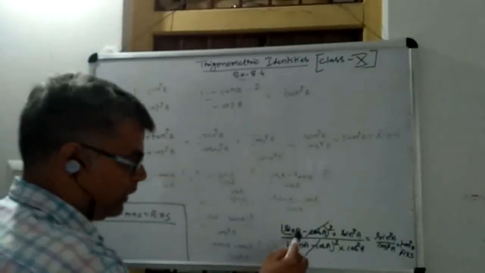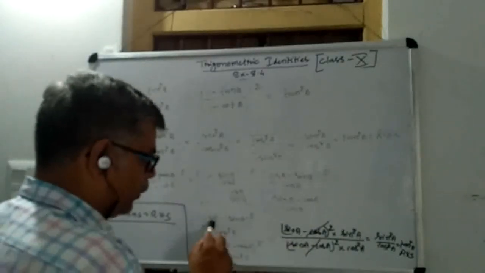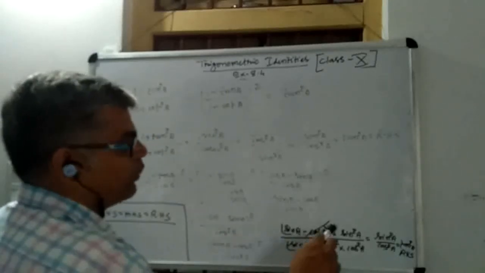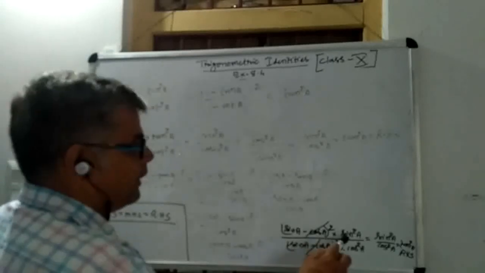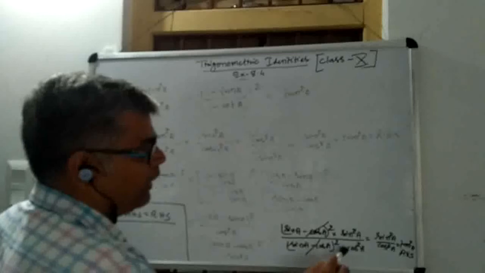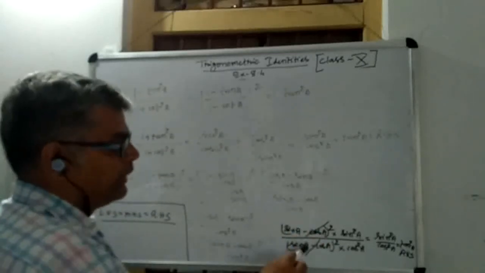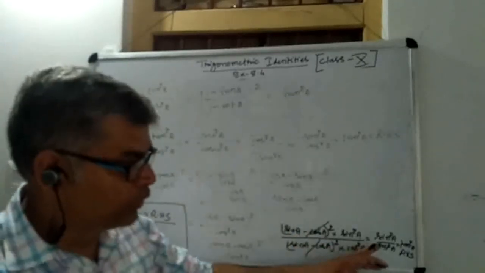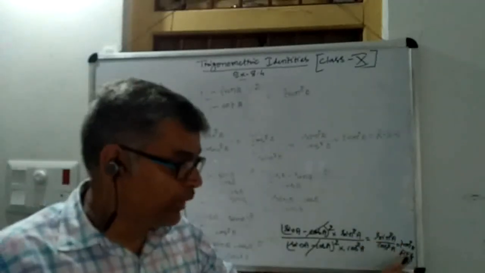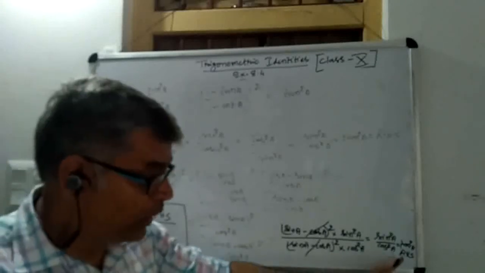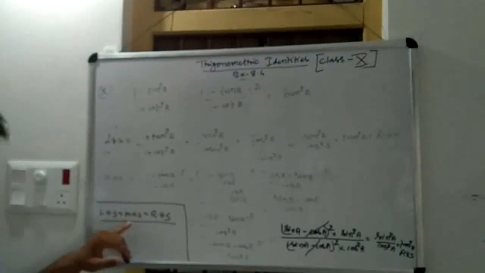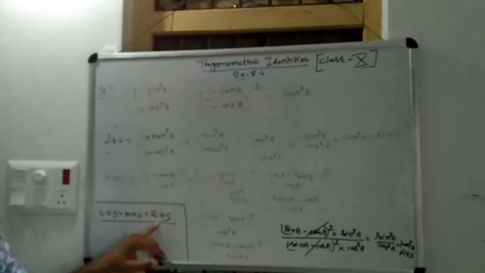When you take the whole square, the value of cos A minus sin A whole square is equal to sin A minus cos A whole square. Both will be the same. So we have written here cos A minus sin A whole square is also equal to sin A minus cos A whole square, into sin square A by sin A minus cos A whole square into cos square A. So this term gets cancelled. Now we are left with sin square A by cos square A, which is equal to tan square A, and which is your RHS. So in this way you see that LHS is equal to MHS is equal to RHS.